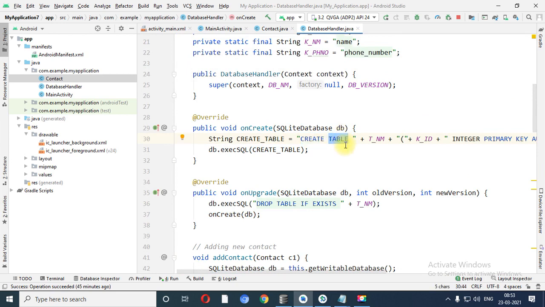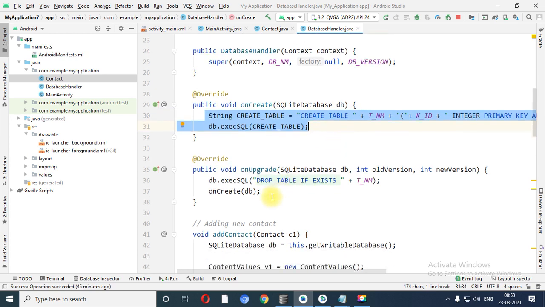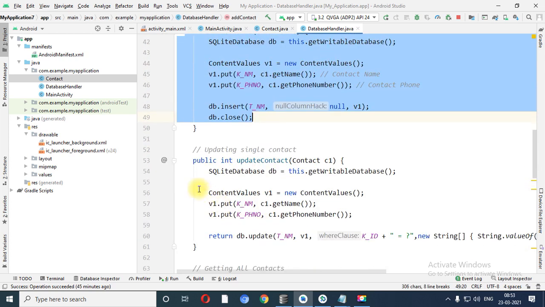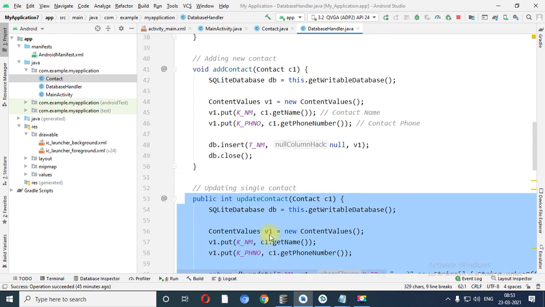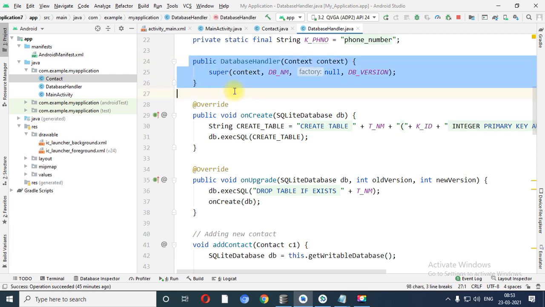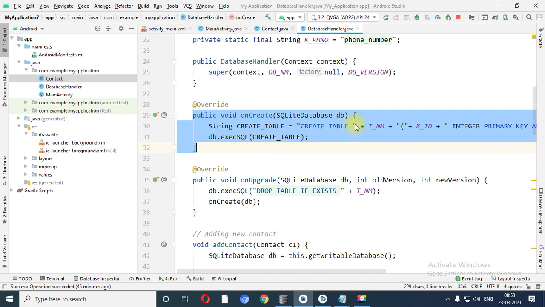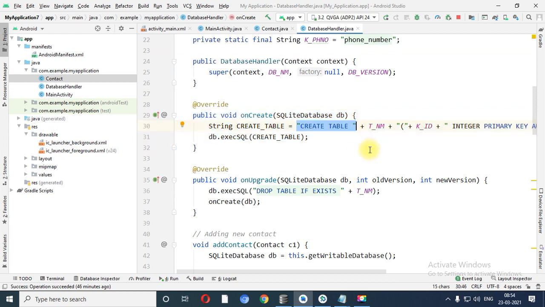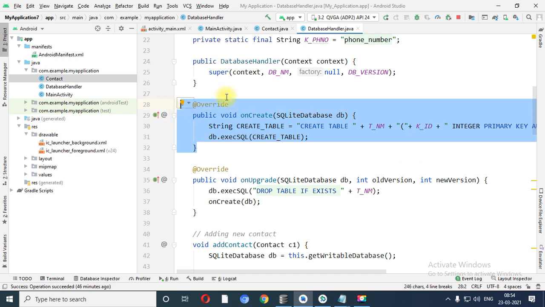Because if there is any mistake in the create table, at that time you are not able to add contact, you are not able to update contact, right? That's why I am telling that first of all, one by one, first copy this code and paste it. Again in the on create, you need to copy and paste it over here. If table creation is successfully performed, then switch to the other code.